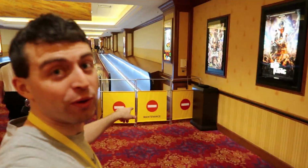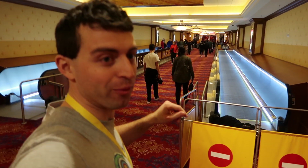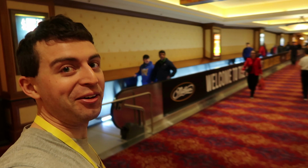Hopefully in 2020 we don't end up breaking the first people movers right away. This was working on day one, and then I guess too many people were on it at once, but